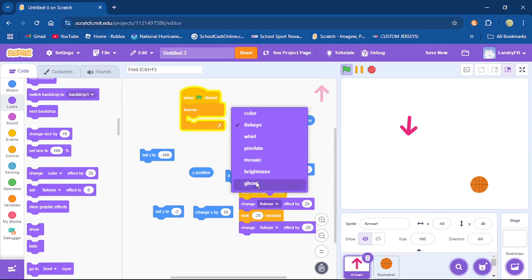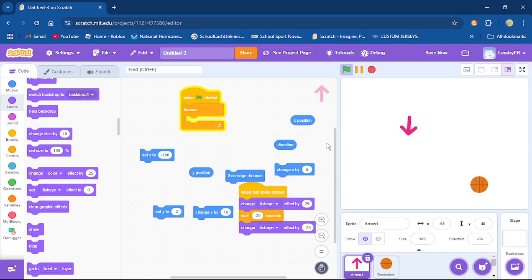And the last one that you are going to use, and this one you're going to use mostly for games where you want a graphic to be there, you want it hidden, but you don't want it to actually physically hide with this command right here, because all this is going to do is completely make it disappear. You want it to be there so that another sprite can actually find it, but you don't want to see it.